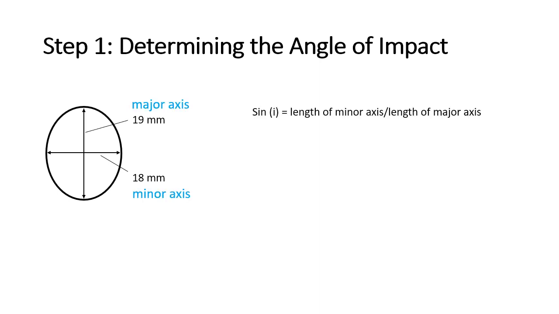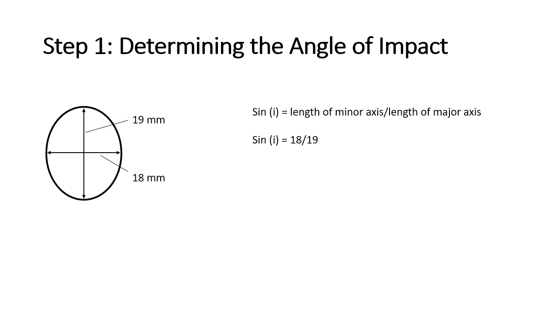So the formula that we are going to use is that we are going to find what we call the angle of impact. And if we take the sine of that angle of impact, it's going to be equal to the length of the minor axis divided by the length of the major axis. Well, the minor axis happens to be the width, and the major axis is the length of the bullet hole. When we plug those numbers in, we get the sine of the angle of impact is equal to 18 over